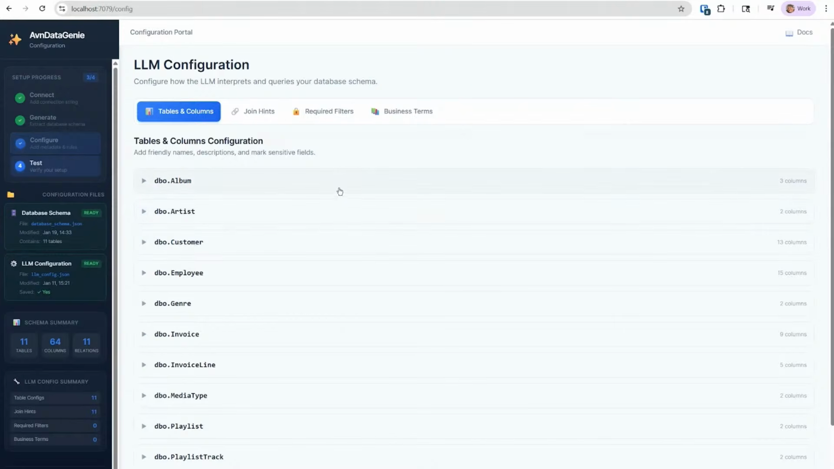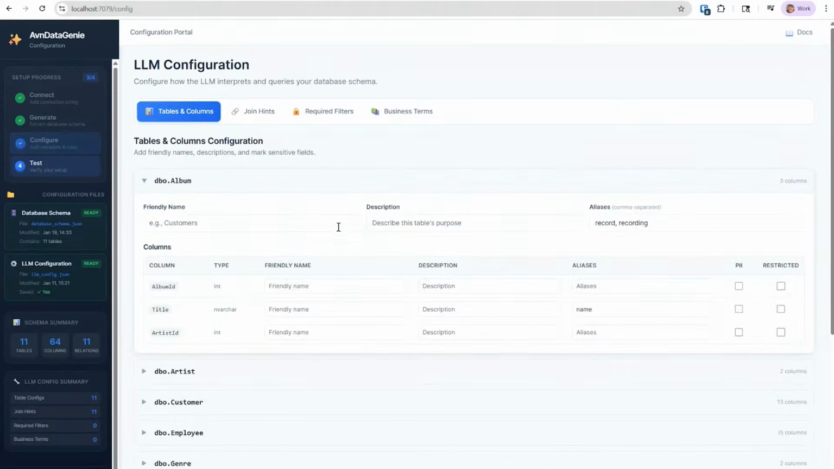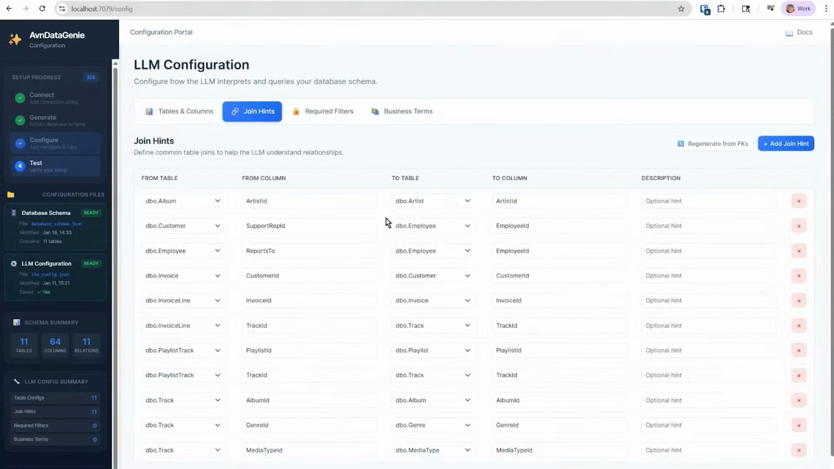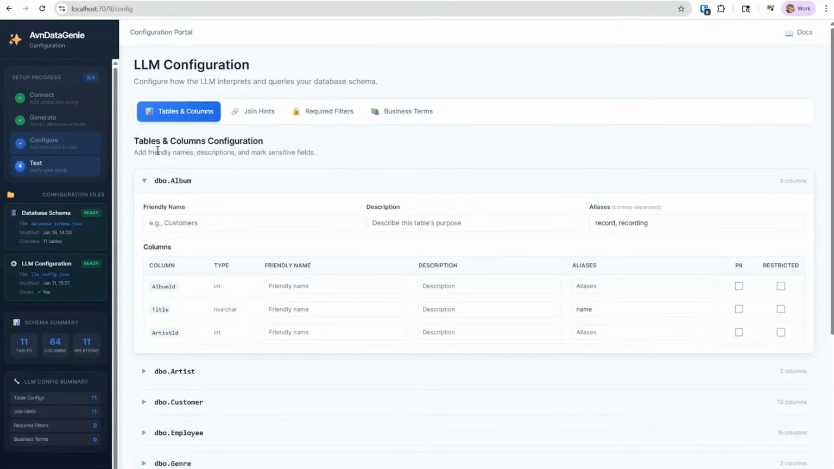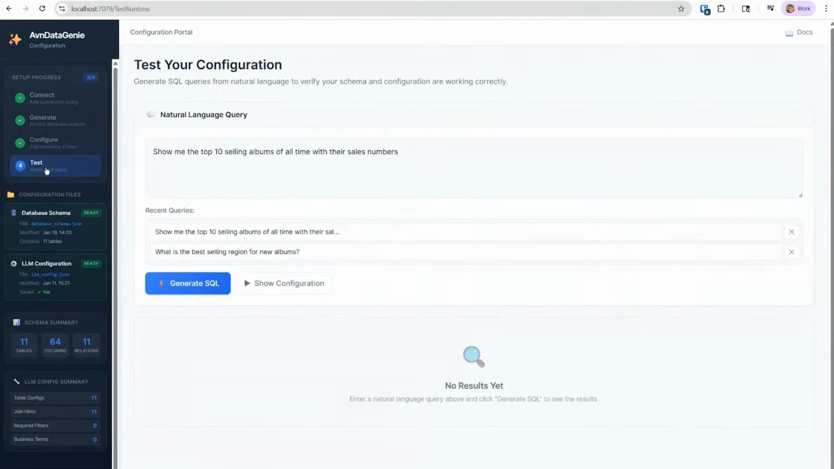And so we showed this last week too, where each table might have aliases, and you might have aliases for columns as well, like title. You could use the word name. Yep. We have foreign keys defined here, and you can have hints for these. We have filters, as we showed last week, in business terms. So now that we've got our configuration, and this just automatically saves, you can go to the tester, and this